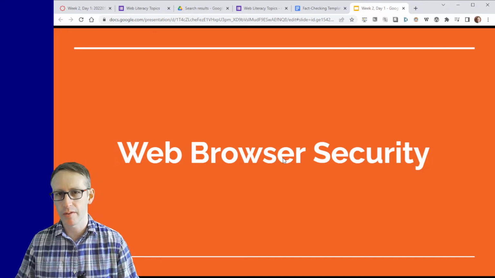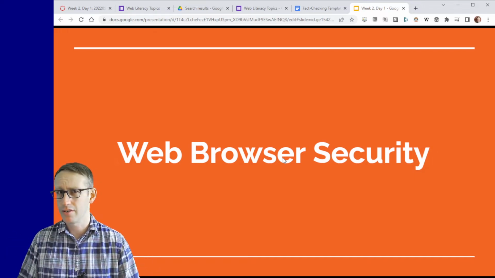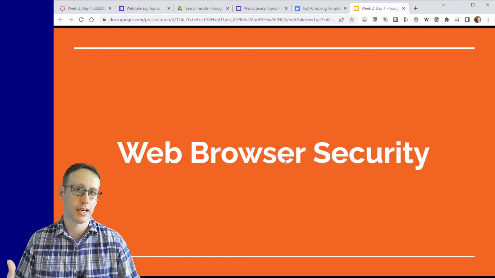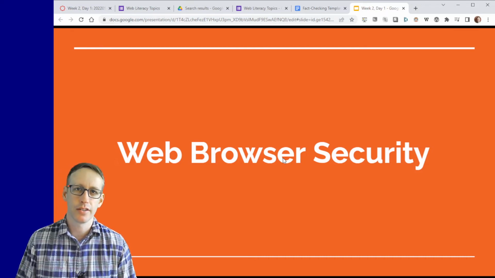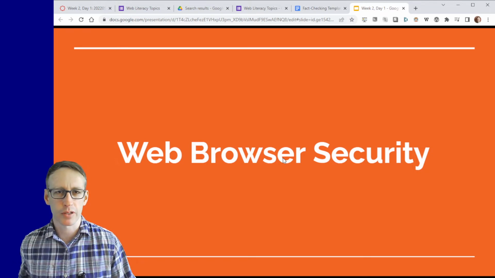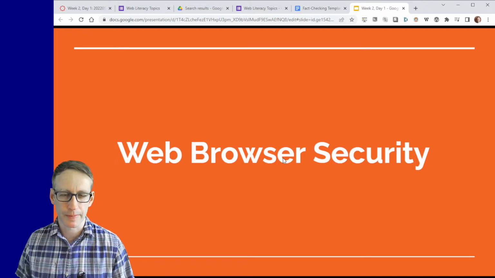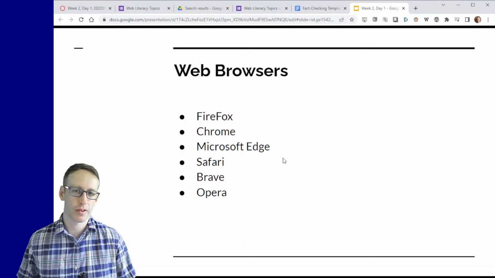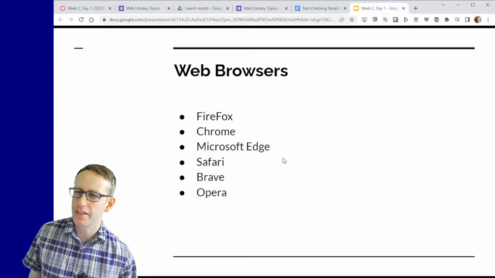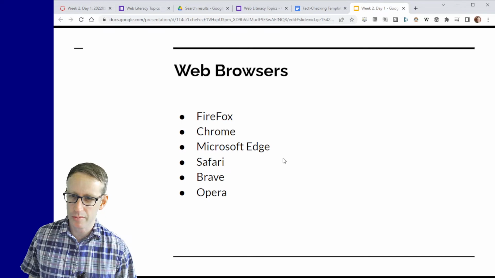That's the web, and web browsers are also called clients, user clients that are designed to access content over the HTTP protocol and render that content according to the rules of languages like HTML. That's a sort of technical explanation, but it's the thing that you're using. And there are several that you're probably familiar with, right? So Firefox, Chrome, Microsoft Edge, Safari, Brave, Opera. These are probably the most popular browsers at this point.